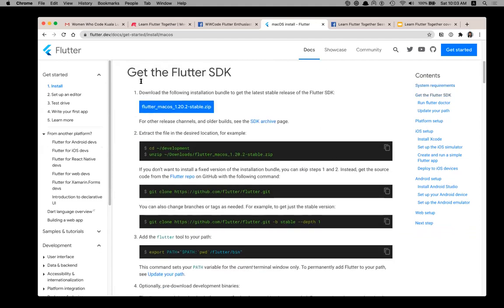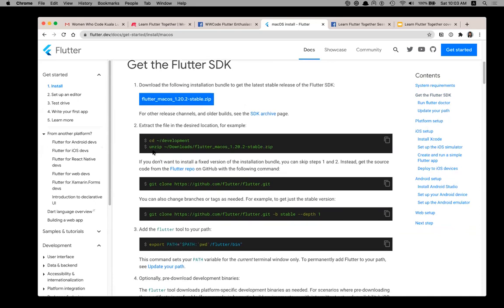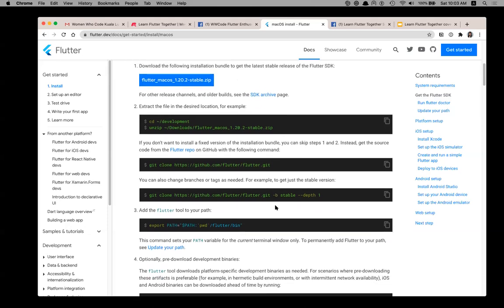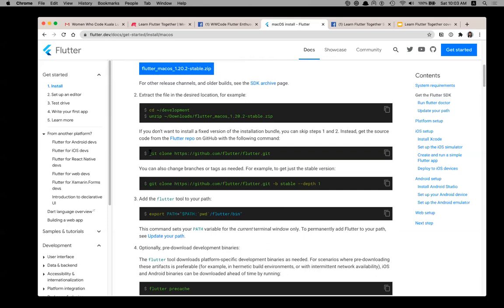So here there are multiple ways of getting the Flutter SDK. First is you can just download the zip. I think the instruction is similar for Windows as well. Or you can use Git to clone the Flutter repo. I usually prefer this way because in future when you want to upgrade to a different version, it is better also. So I will do this, even though I have already installed it, I will just replicate some of the steps